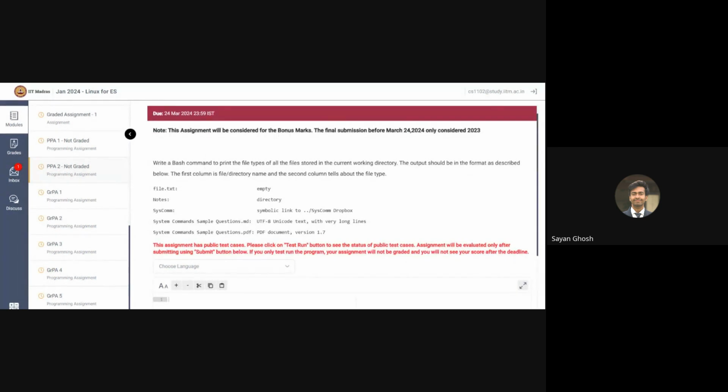You can also use the man command. That is also taught in week one, how you can use man to learn more about other commands. So just try to learn about a command which you think is similar to what is being shown in the output here, and then you can do this with just the commands in week one.